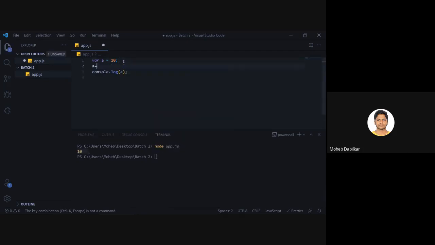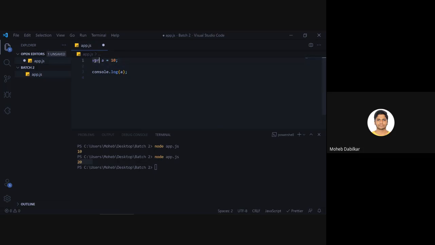And now I can say a equals 20 also, and it won't have a problem displaying 20. Now I don't want to change the value of a anywhere in my code. If I did this accidentally, having var would just create bugs, and that is a developer experience problem also.